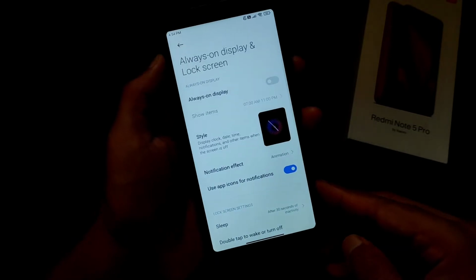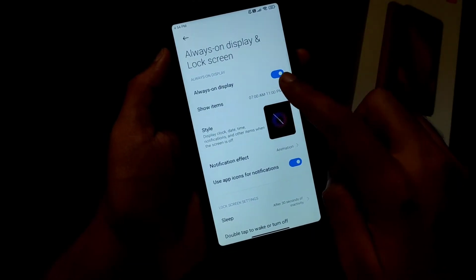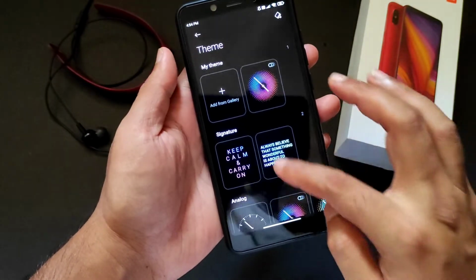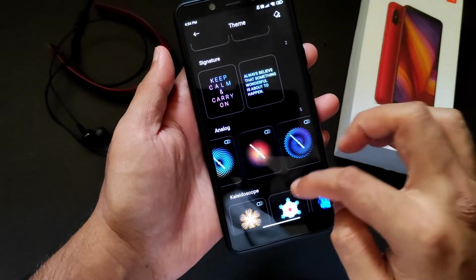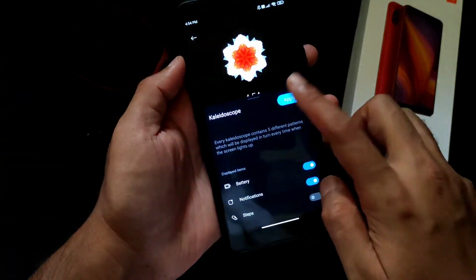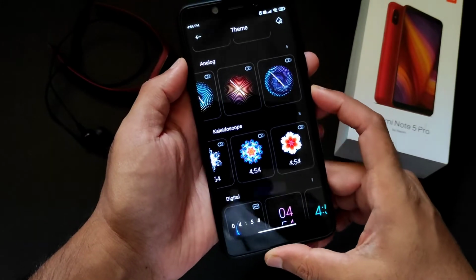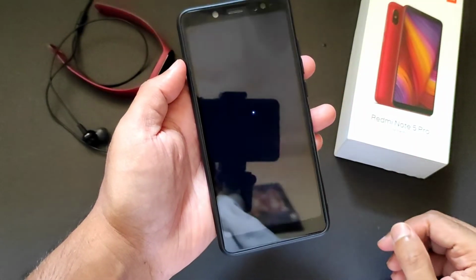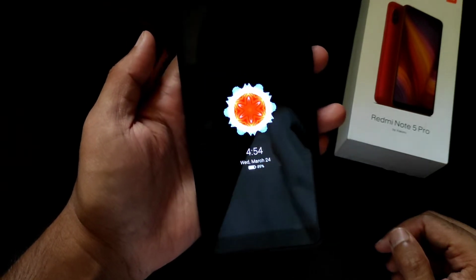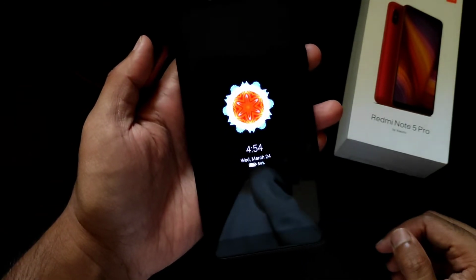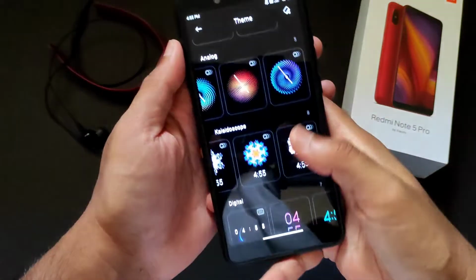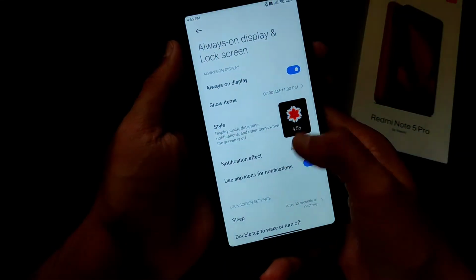And this is how the always on display is. Let me check it out. As you can see, you can change the different types of always on display from here. It's working fine here, but in the wallpaper and personalization settings you can't access it. But from here in the settings you can directly access this always on display. As you can see, there are plenty of presets available. Like this, it will be around 10 seconds or so. Later on it will disappear. This is how the always on display works on these Redmi devices.